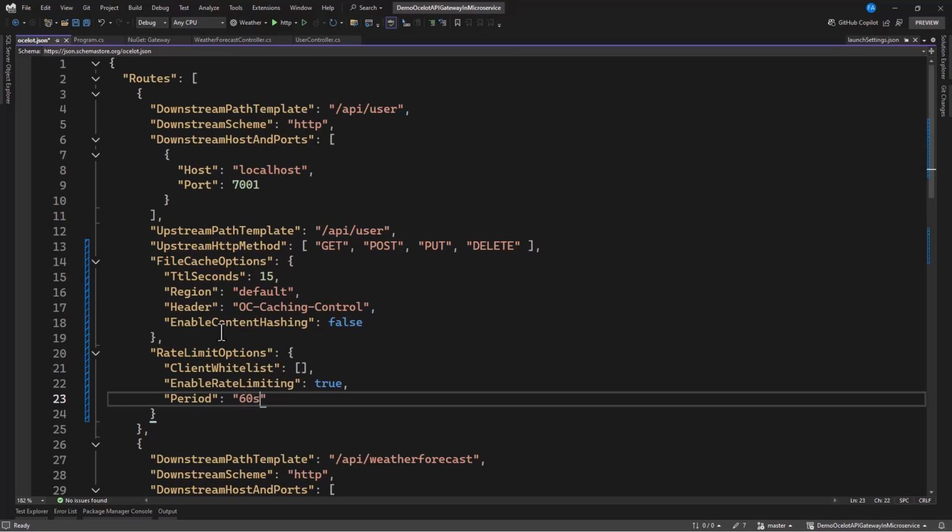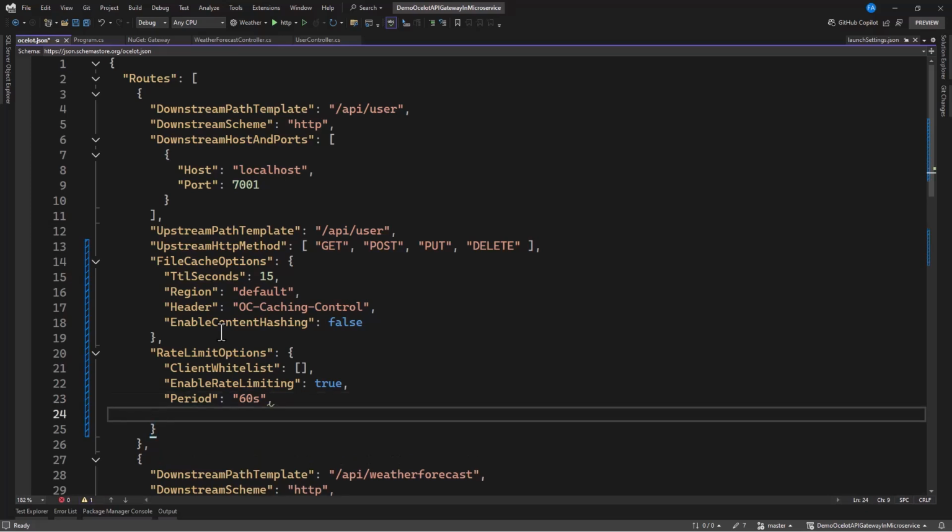Now with this 60 seconds, what we're going to do here is specify the period time span. So what is actually the period time span? In order for you to make another request, you must wait for this period time span duration to pass before making another request, else it will be blocked.